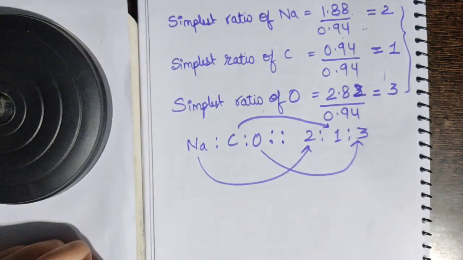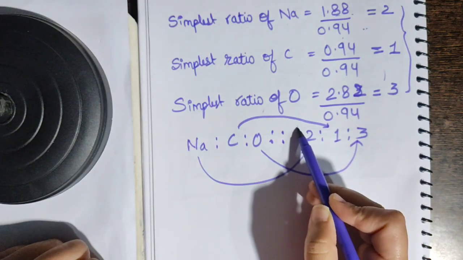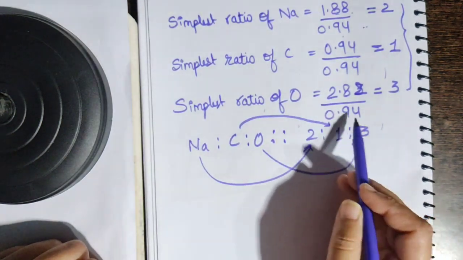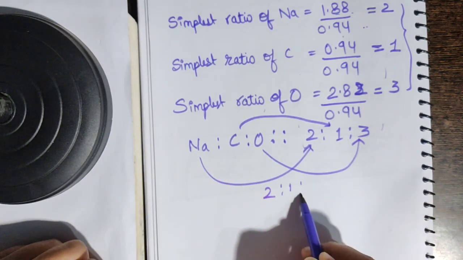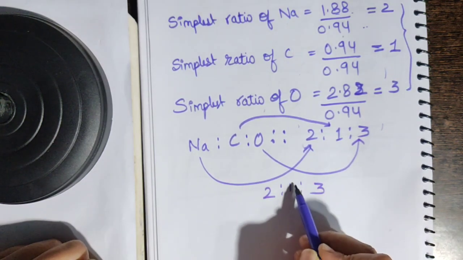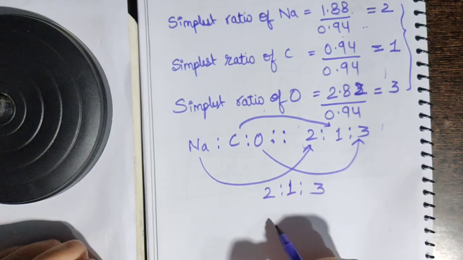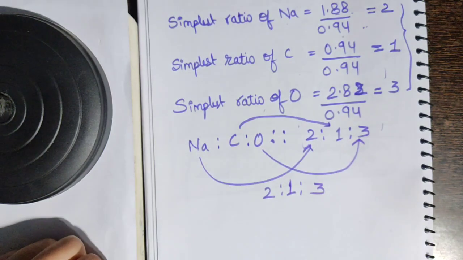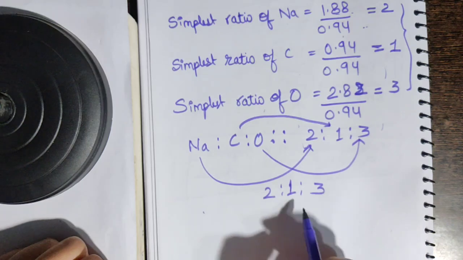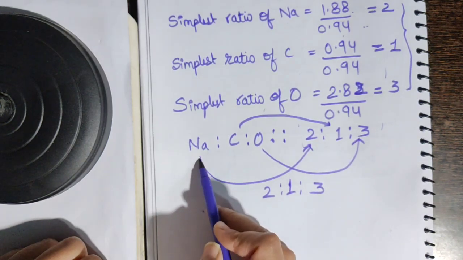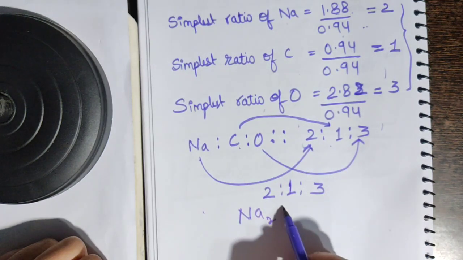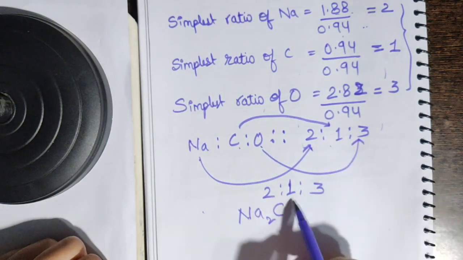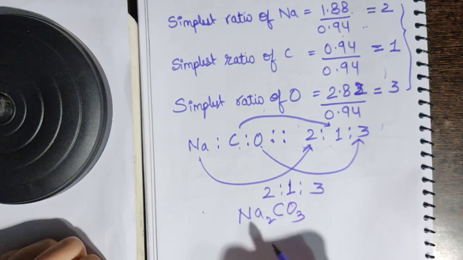And also we can say that 2:1:3 does not have any common factor, as it is evident. So this is also the simplest ratio. Thus we can write the formula as sodium corresponding to 2, therefore Na2, carbon corresponding to 1, therefore C, oxygen corresponding to 3, O3. Thus the empirical formula is